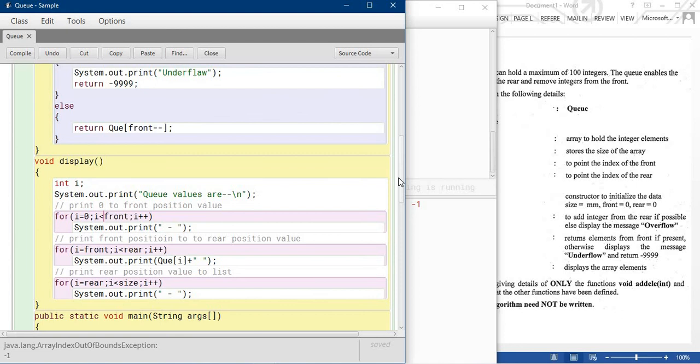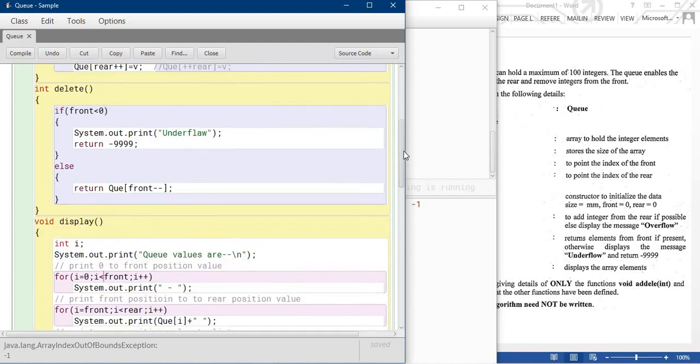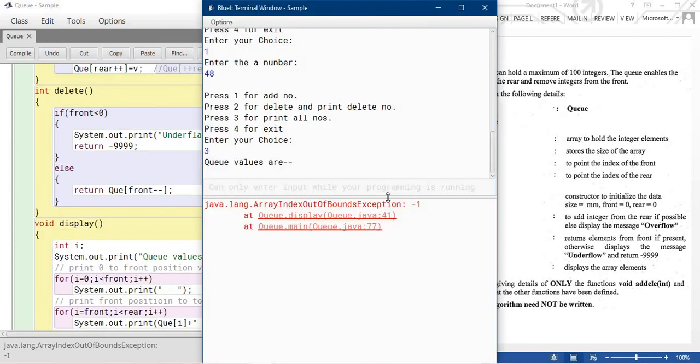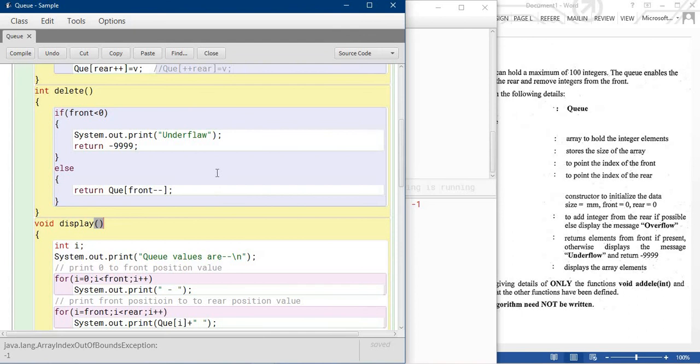Problems happen in the display method. Let's see what is the error. See, the exception is found in line numbers 14, 41 and 77. Exception found. It means the array size is decreasing or increasing due to some reason. That's why it's happening.